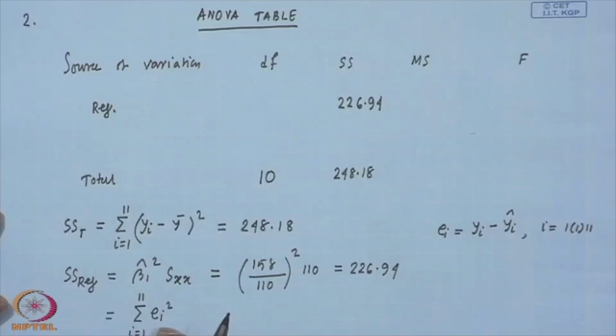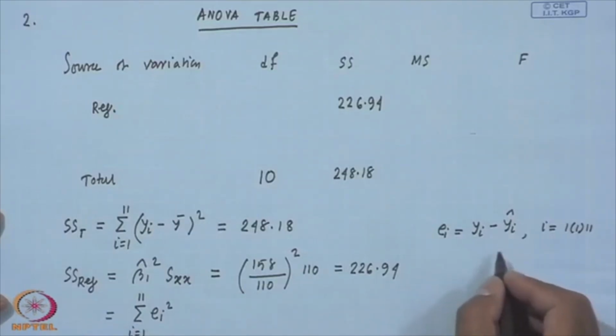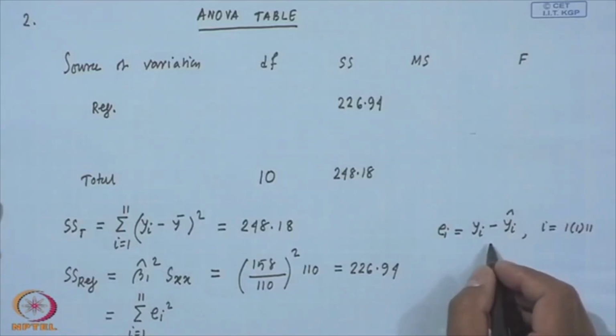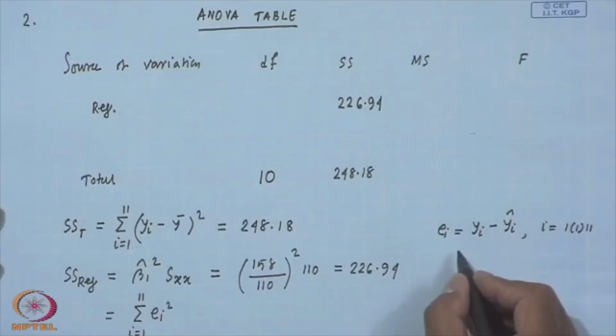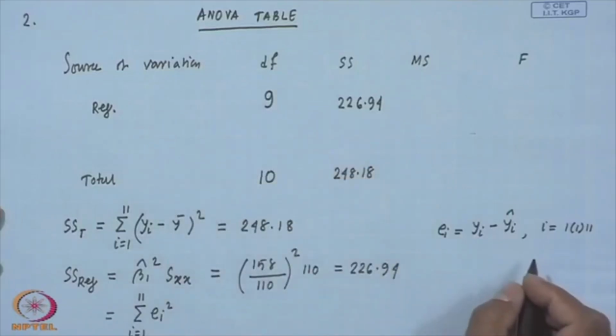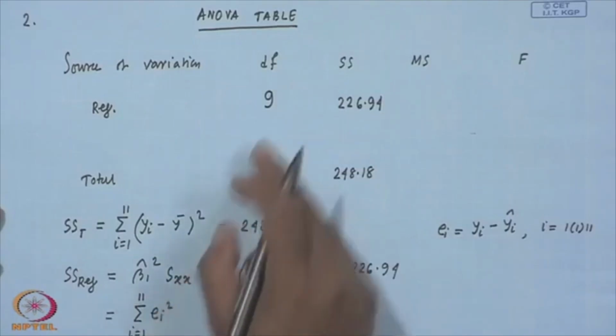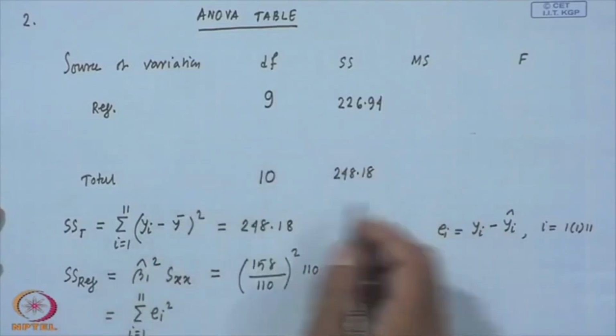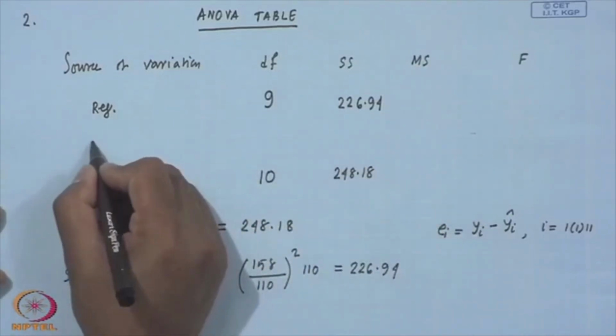So, you can choose 9 residuals. I mean, you have the freedom of choosing 9 residuals, and the remaining 2 have to be chosen in such a way that those 2 restrictions are satisfied. Okay. So, the degree of freedom for SS regression is equal to 9,